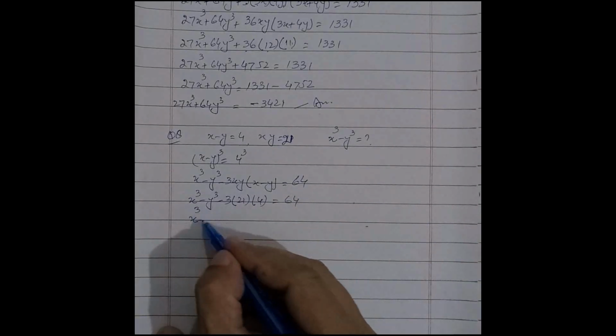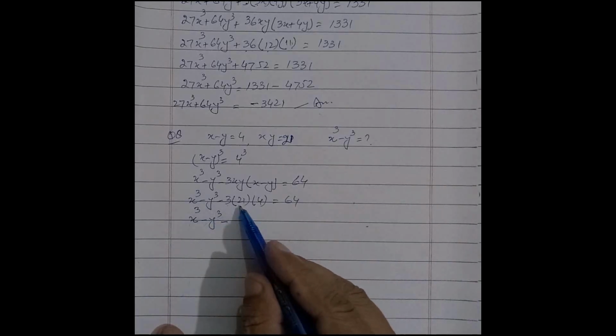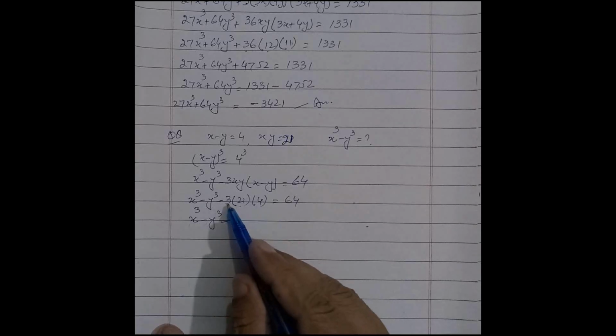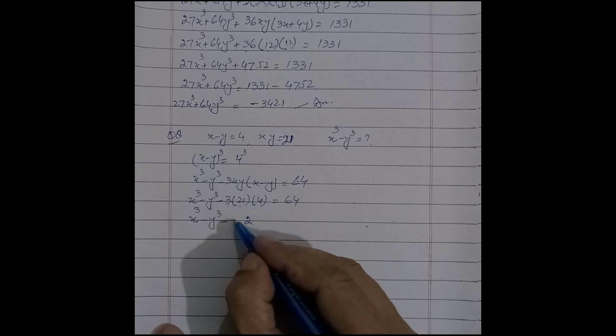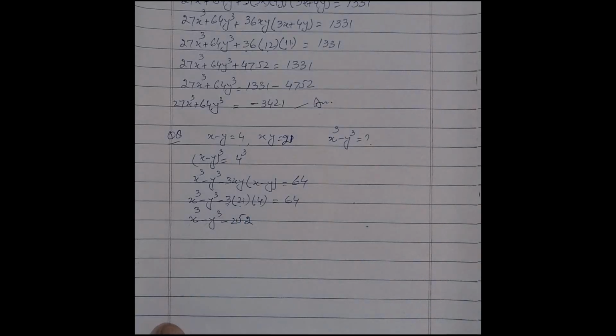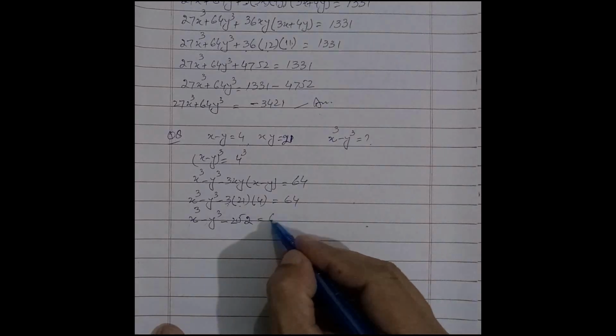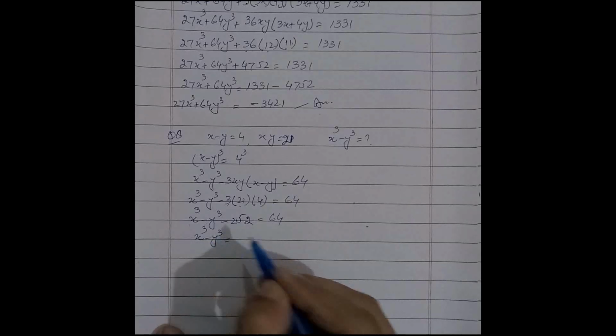The values are x³ minus y³ minus. We multiply 3 with 21 and then 4. 3 4s are 12, 12 1s are 12, 1 carry, 12 2s are 24 and 25. 252 is equal to 64. And the answer is x³ minus y³ is equal to